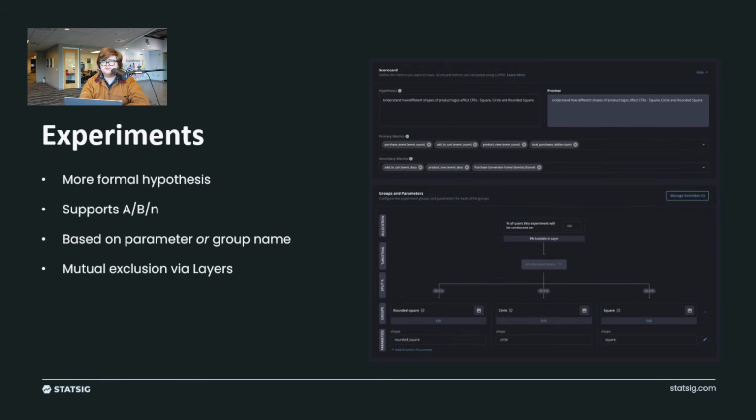The other sort of interesting thing about how we like to think about experiments is we have this concept called parameters. Most products out there tend to really zero in on group name as how you determine which variant you're in. You're either in ARM1, ARM2, ARM3. We think you can write a lot cleaner code and sort of more extensible code if you use these things called parameters, where you're actually saying, instead of it being that I'm either in checkout button 1 or checkout button 2,